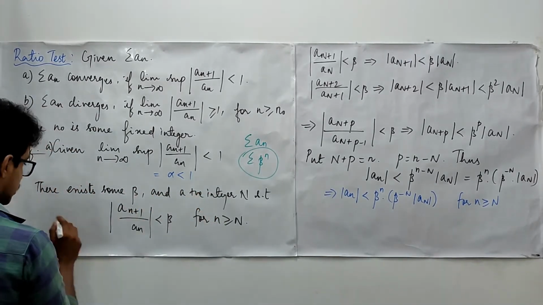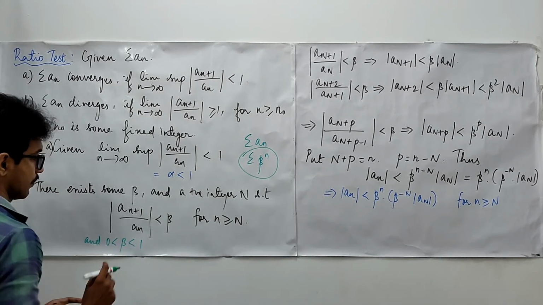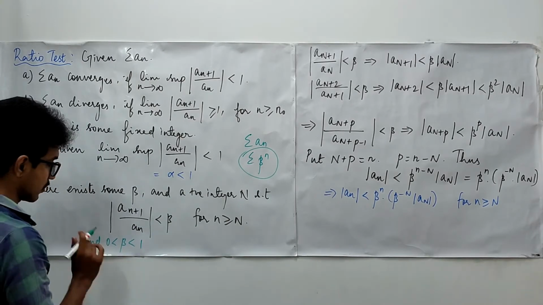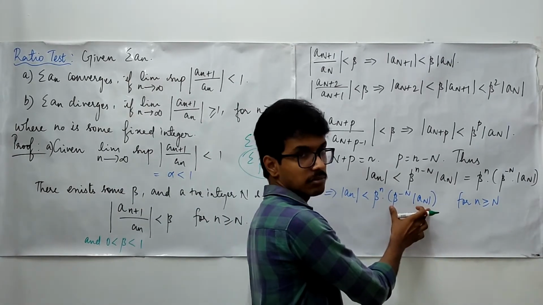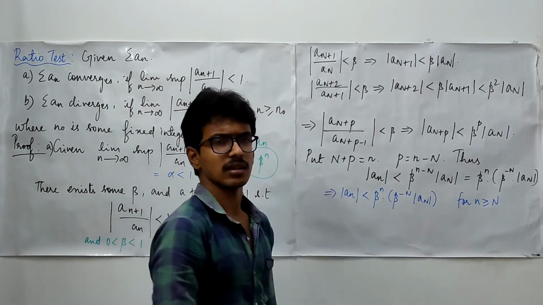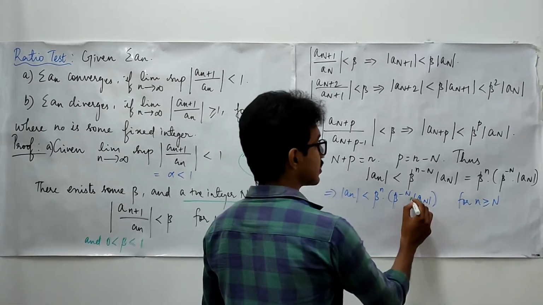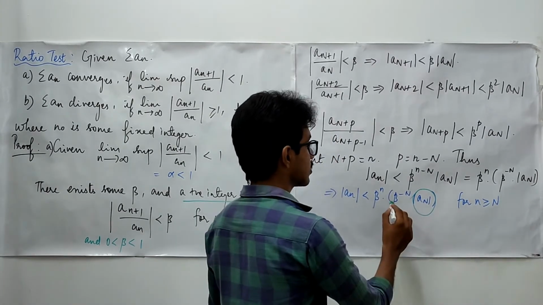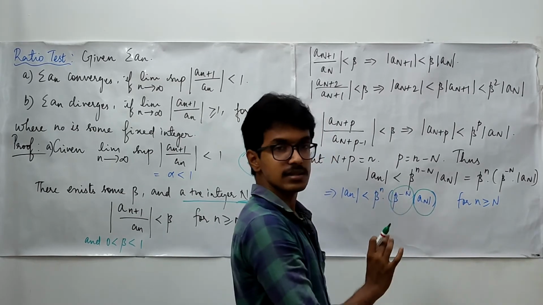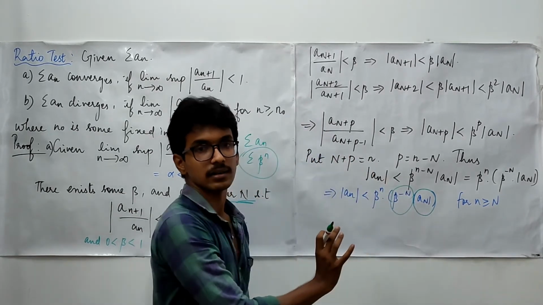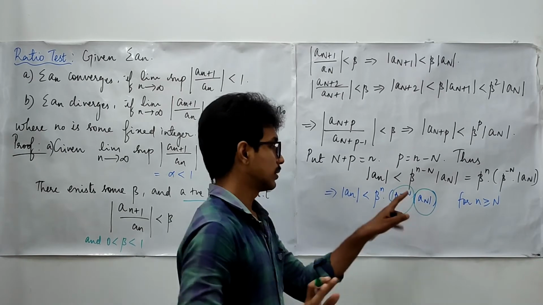Okay, here we have 0 less than beta less than 1. This is how we have found, right? So this is a convergent one, and along with this we have something. Here, what are these things? N is some fixed integer, right? Therefore, this is a fixed positive quantity. This is also some fixed positive quantity. These are constants. Along with this series, you have a constant. That constant is multiplied with all the terms in the series. That is what it meant.